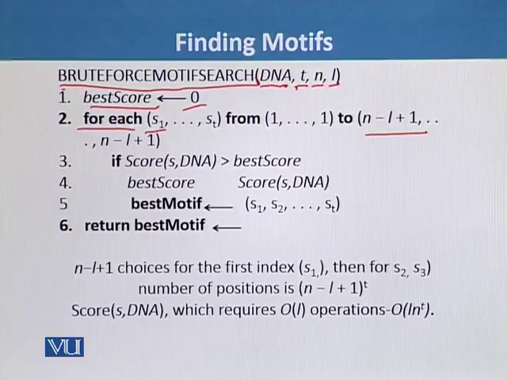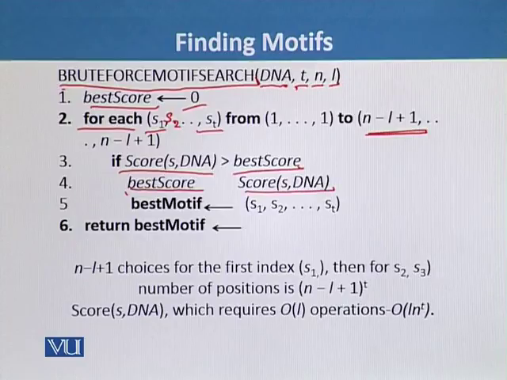Then again we have to find the same n minus l plus 1 for S2, and again in the loop, n minus l plus 1 for S3 until it reaches the value of St. So if the score of the starting position of DNA is greater than the best score, then the best score will be the score of the DNA. So the best score we assign from S1 up till St, and we will get the return as